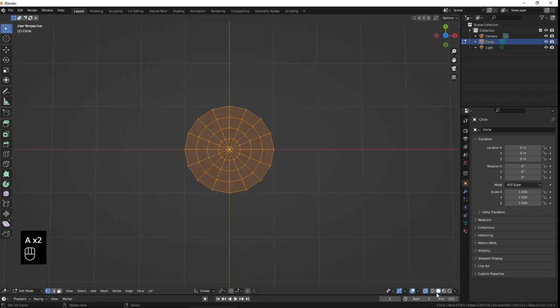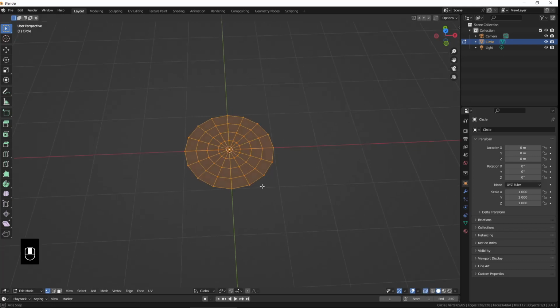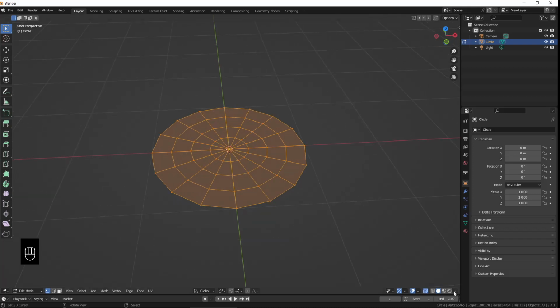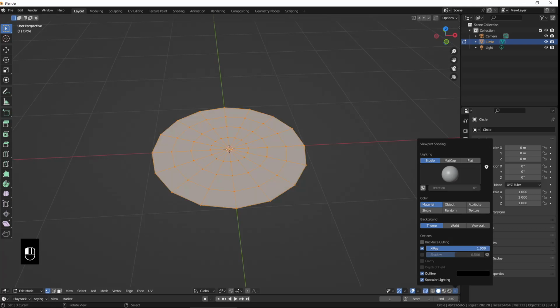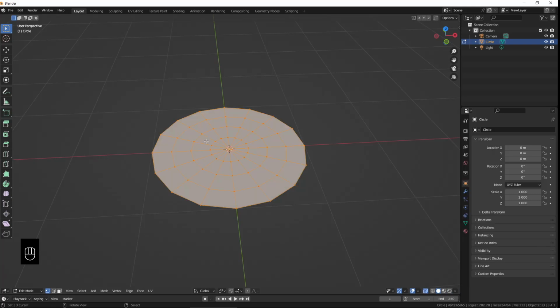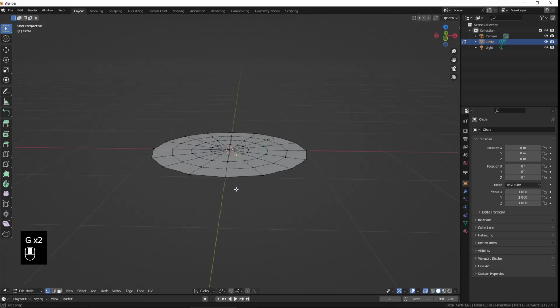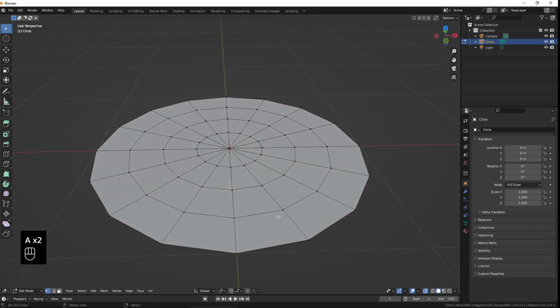Okay, so I'm going to turn off X-ray. Another side note, if you turn on X-ray and it's just too transparent, you can change the transparency of it. The way you do that is you click the little down arrow there, and you see the option for X-ray. Right now it's half visible. So if I wanted to bump it all the way to 1, you can still do things and not see through it, but you can select all the vertices that are underneath the cursor at the time. So in any case,